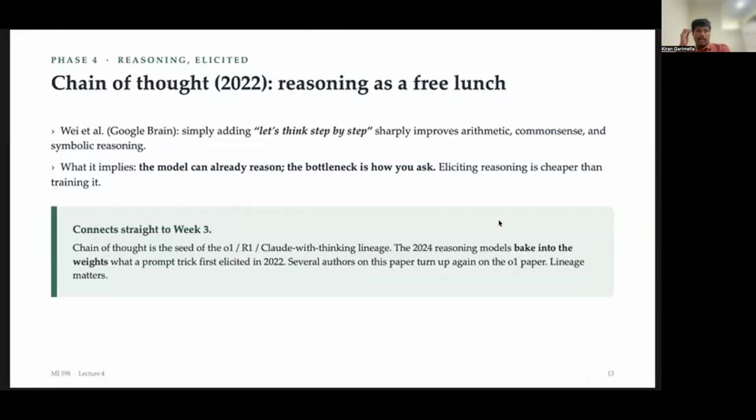And then what happened is this sort of reasoning capacity was latent, and then the prompt unlocked it. And this told the labs that reasoning was trainable, not just elicitable, meaning it's already in the training. If you explicitly operationalize it, then you can have models that can reason, and you can build on top of that to do RL with verifiable rewards and things like that.